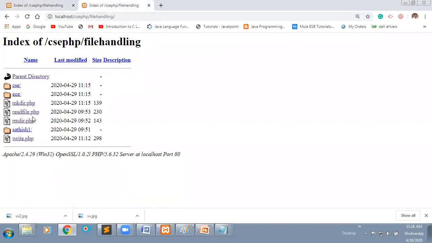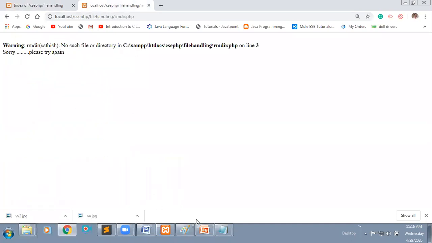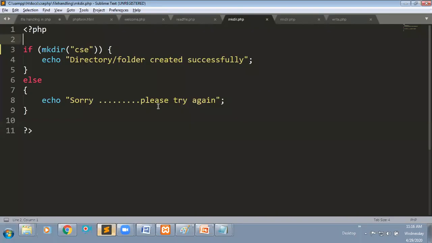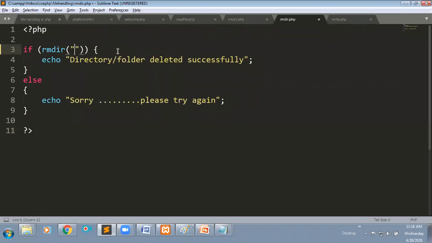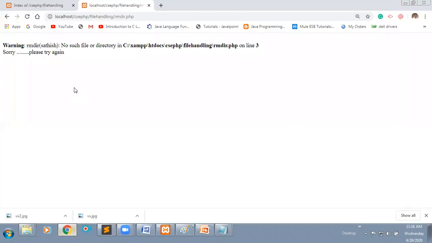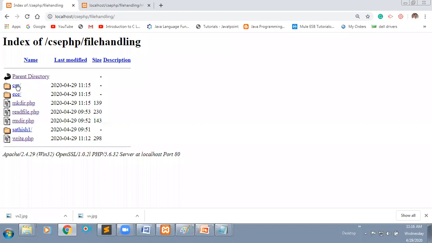For example, I want to remove one directory. Just use the remove directory file. We'll change the code. I just want to remove one folder, that is CSC. Here you can see CSC is already there, right?